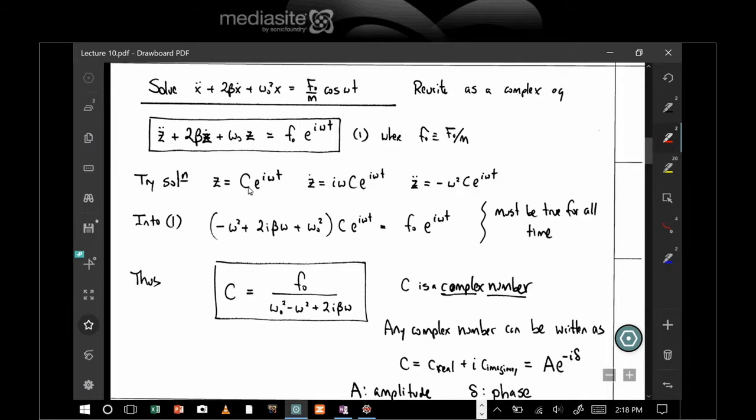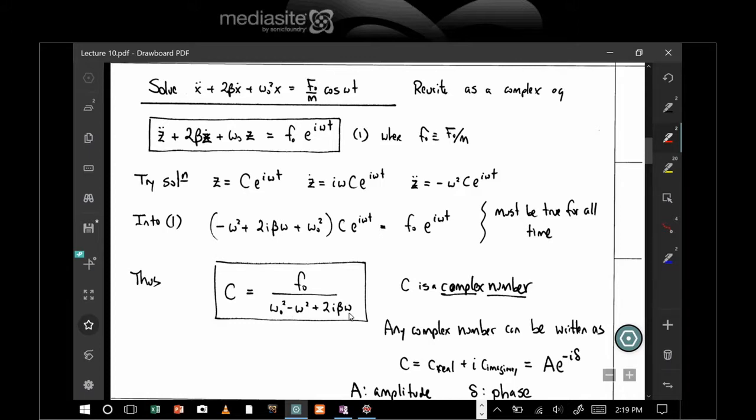Again, c is a constant. And remember, z is a complex number. This is complex. c is also a complex number. And so what I get, by substituting and subtracting, is an expression for c, but c is